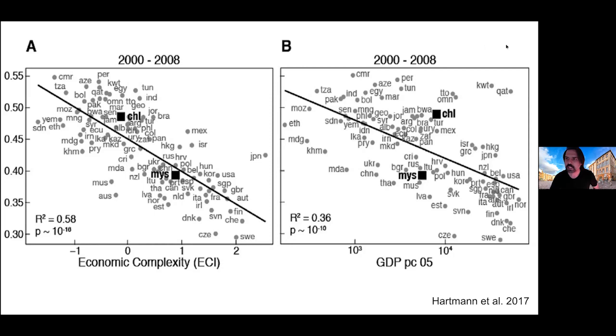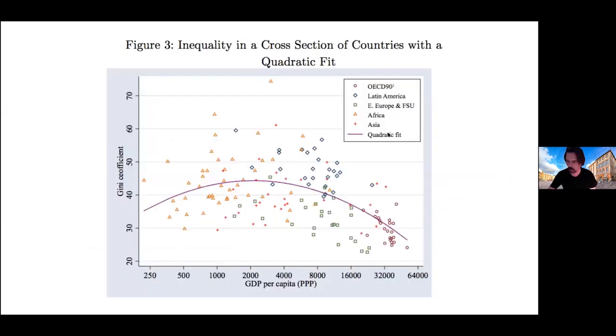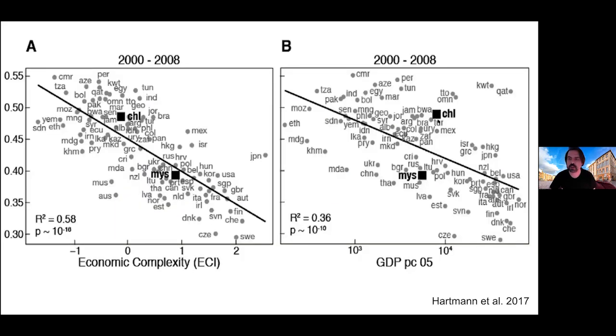So there's a couple of things that I want to observe here. The first one is we look at 2 countries, Chile and Malaysia, which are similar in terms of GDP per capita and education. When you look at them on GDP, they kind of vertically align. When you look at them in terms of economic complexity, they're satisfying the relationship much better, because it is the difference in productive structures that is helping explain those differences in inequality.